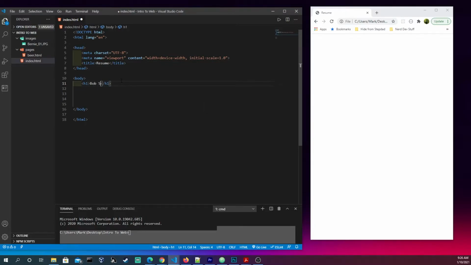So, Bob Smith, let's give this a name here at the top. So if you're looking at the candidate, you know what they do. And let's give an address here. I hit enter here because addresses tend to be a little bit long, and so